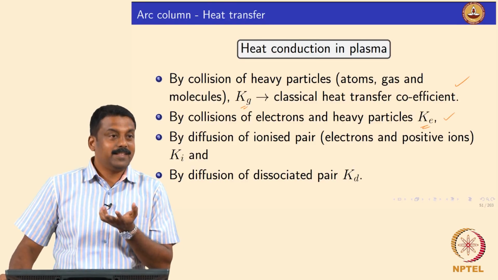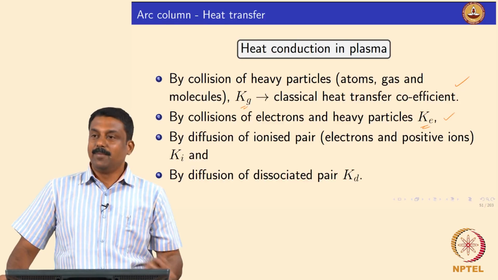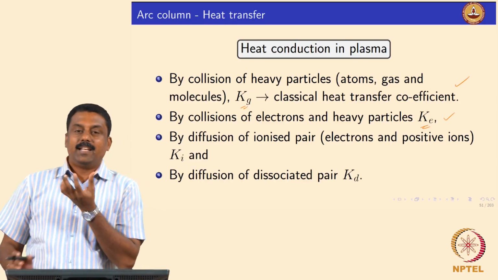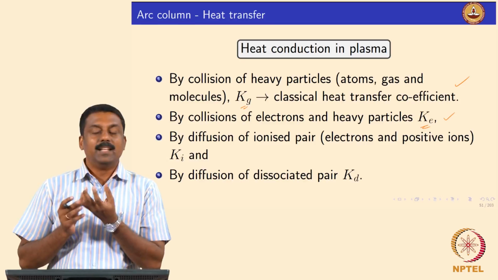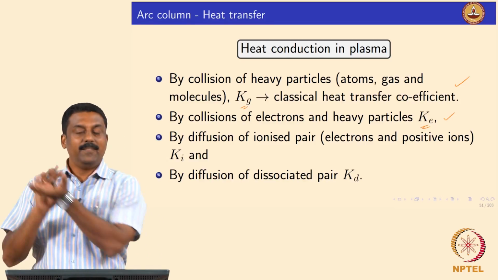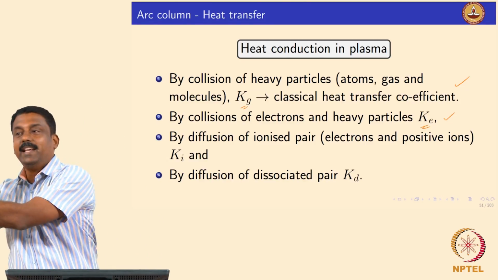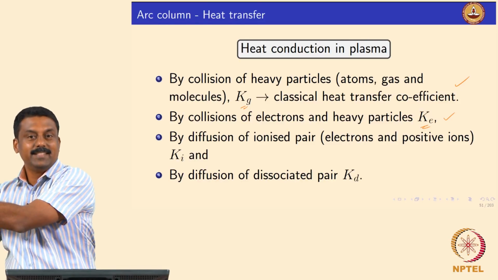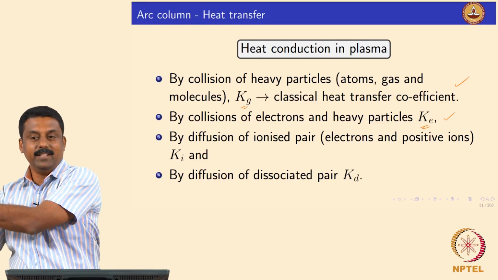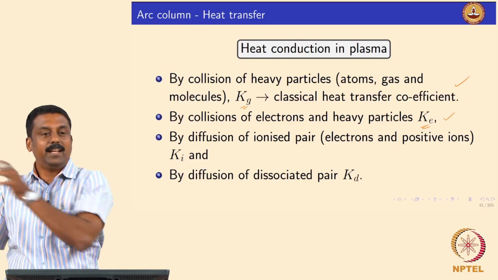Ionization is endothermic. Similarly, here the argon plus is at a different temperature. If it goes over there, it also carries heat with it, whether it is a positive heat or negative heat, does not matter. Heat is transferred,